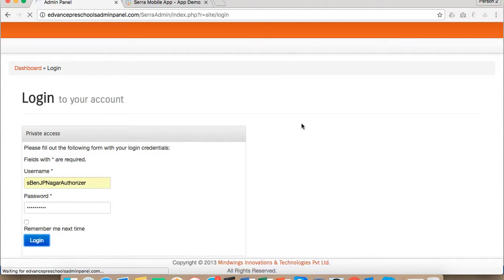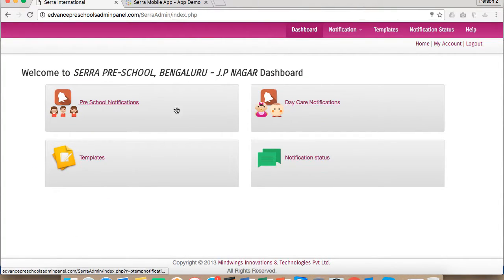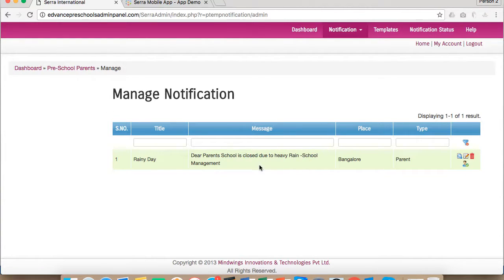and if I click on login, I will see this panel which is completely different from the admin panel. So if I click on preschool notification, I will see this message. Now if I find this message is relevant, I can click on this icon, which means it is approved, so it will be sent to the parents. If I want to update anything, you can click on this icon and update the message, or you can view this to see the complete message. In case you find this is completely irrelevant, you can simply click on delete so that it won't get sent to the parents. I am clicking on approve,